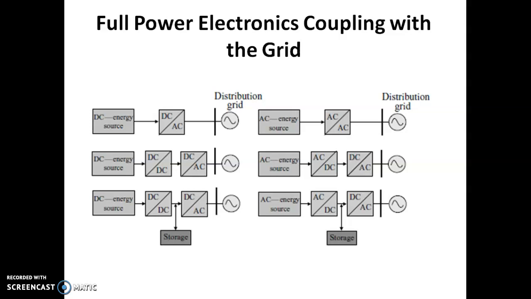Usually we use a multipole permanent magnet synchronous generator, which replaces the gearbox and induction generator set. The gearbox setup results in acoustic noise and mechanical losses. By using this multipole permanent magnet synchronous generator, we can have very good efficiency, and it does not require any external excitation either.